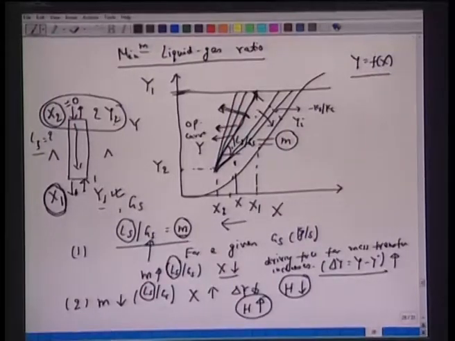So we have two contradictions here. If we take a larger amount of liquid, the height of the column is smaller. If we take a small amount of liquid, then the height of the column is very large, and at the same time the concentration here is also very large. We will see the significance of the spent liquor concentration, how it affects our design. But right now let's sum up briefly: for a given gas flow rate, we are trying to determine the liquid flow rate and how it changes the height of this column.